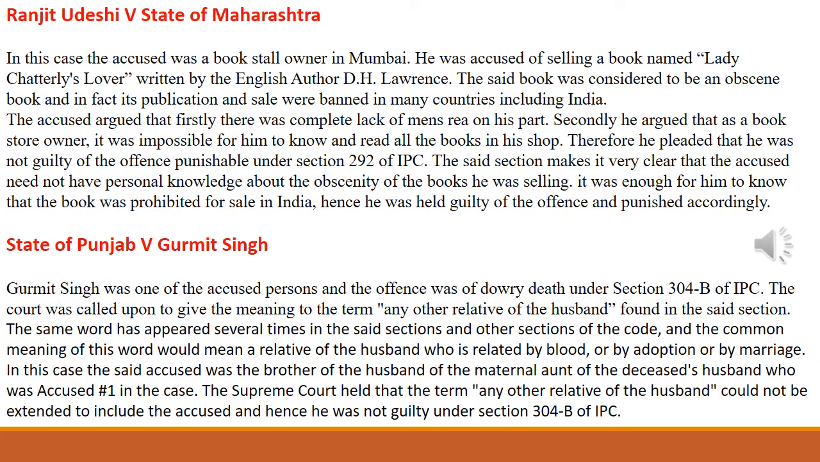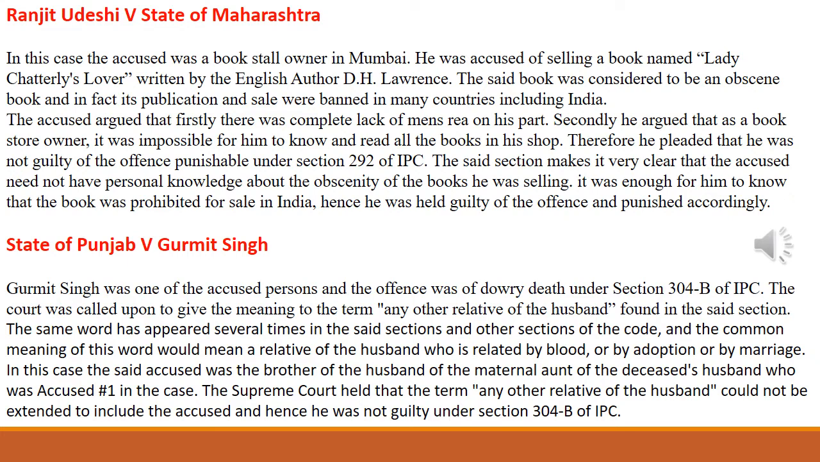In another case, State of Punjab versus Gurmeet Singh, Gurmeet Singh was found as one of the accused persons for the offence of dowry death under section 304B of IPC. But Gurmeet Singh is not a direct relative of the person who suffered dowry death. In this dowry death under section 304B of IPC, they said any other relative of the husband. So any other relative of the husband means one who is related by blood, adoption or marriage, but he is not completely directly related to that